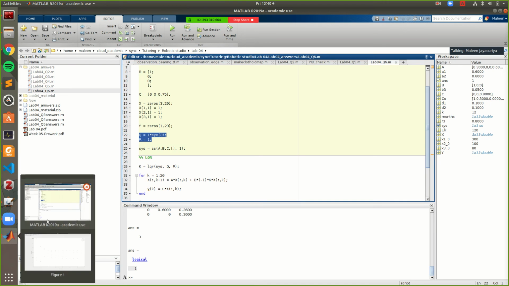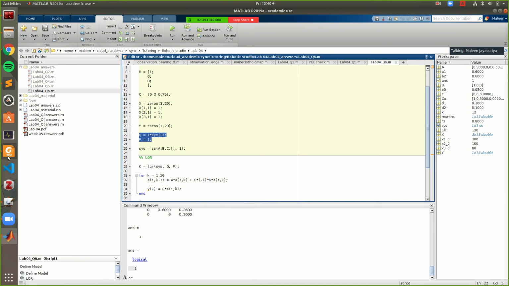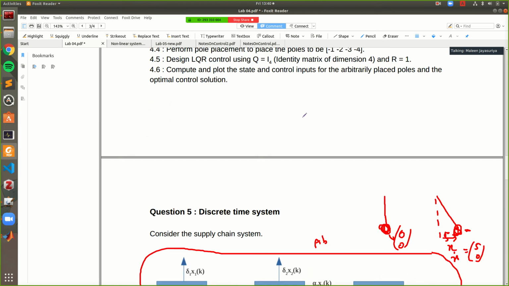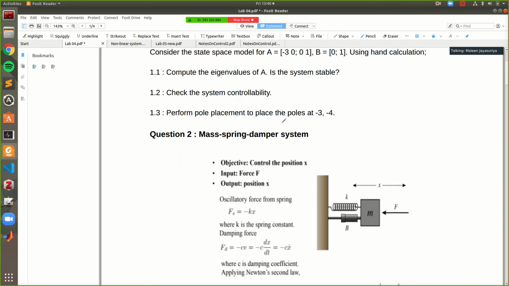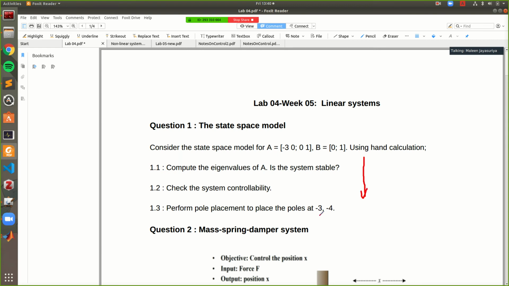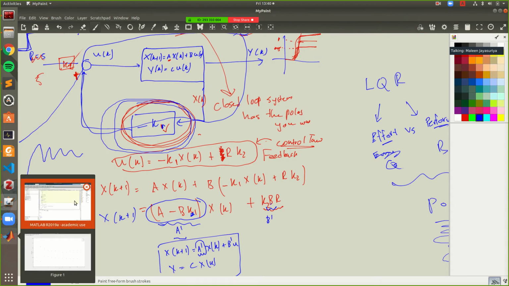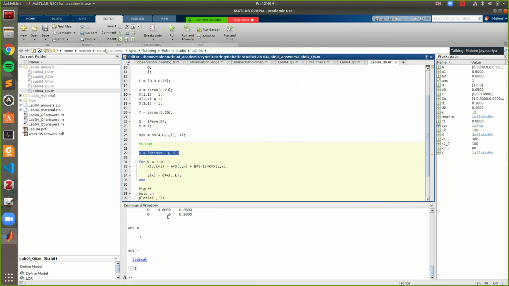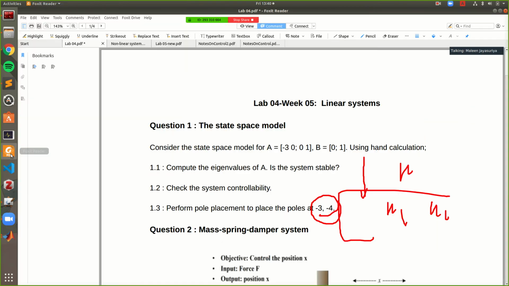It tells you what this K matrix should be for the performance defined by Q and R. So unlike in our first question, where we did pole placement by hand, looking at the poles that we wanted to achieve and then calculating K1 and K2, basically your K matrix, here in MATLAB it automatically gives you that K value. So if that is your K value, what is your closed loop system? Your closed loop system is going to be A minus BK times x_k. And here in this system, there is no